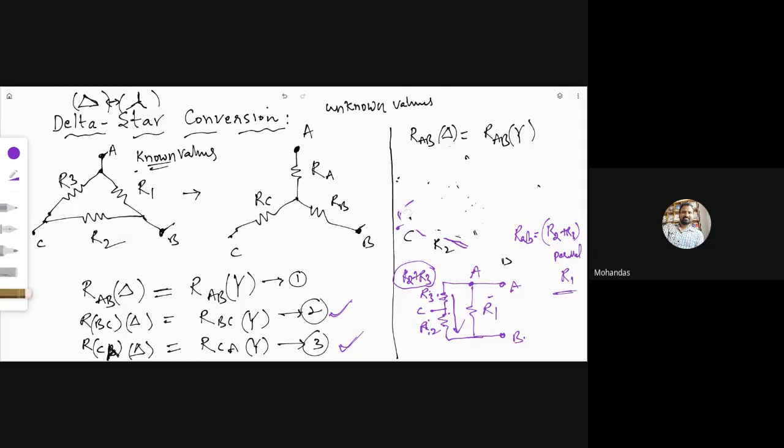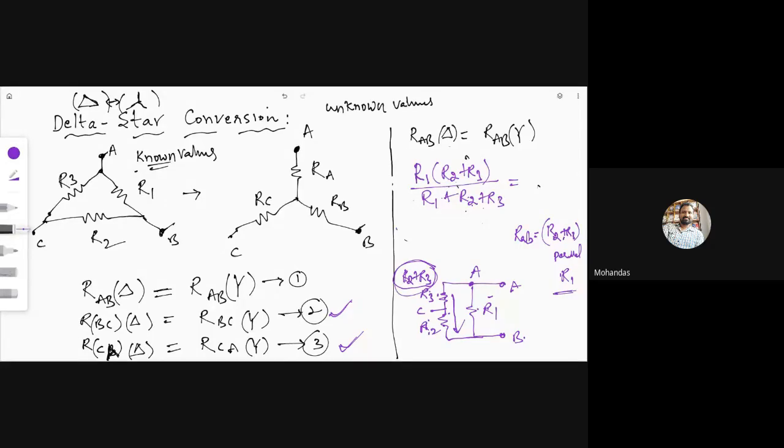So RAB equals R1 into R2 plus R3, that's right, parallel combination, divided by R1 plus R2 plus R3. Understood? For this parallel combination, it is R1 into R2 plus R3 divided by R1 plus R2 plus R3. That is RAB in delta. Next, in a similar fashion,